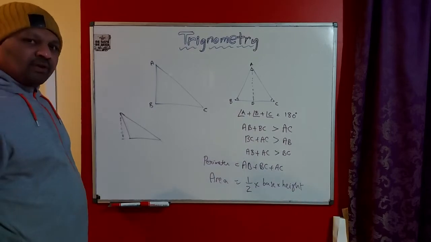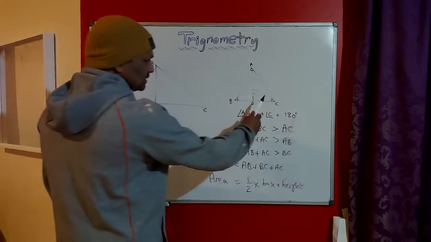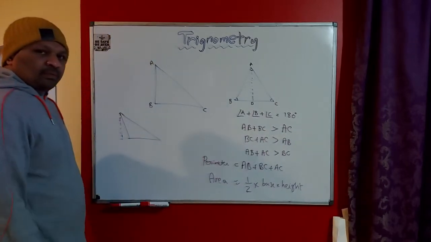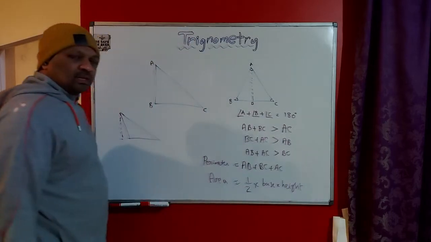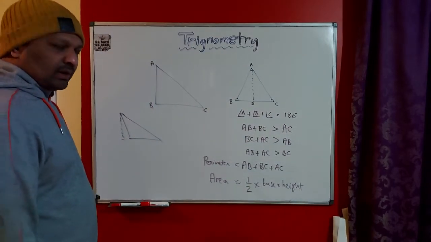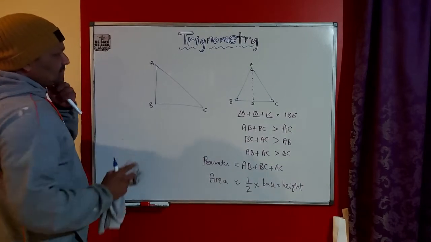The units of area is the square units. Okay, if it is centimeters, square centimeters. If length of each side is centimeter, then it's going to be square centimeters, and the perimeter units is just a unit. It can be centimeters, meters, or millimeters, whatever. Alright, yeah. So the trigonometry, coming back to trigonometry.